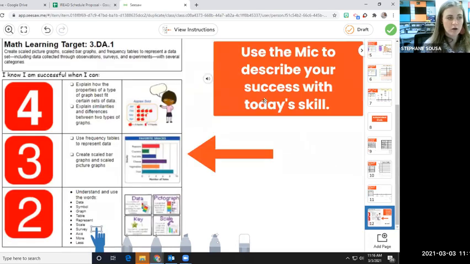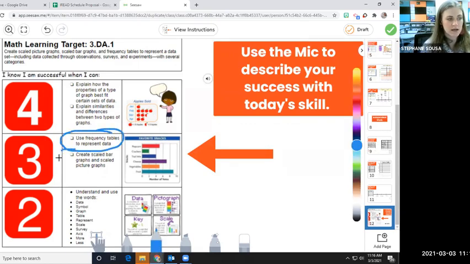On slide 12, use the microphone to describe your success with today's skill of using frequency tables to represent data and creating scaled bar graphs and scaled picture graphs. All right, kiddos, that is your work for